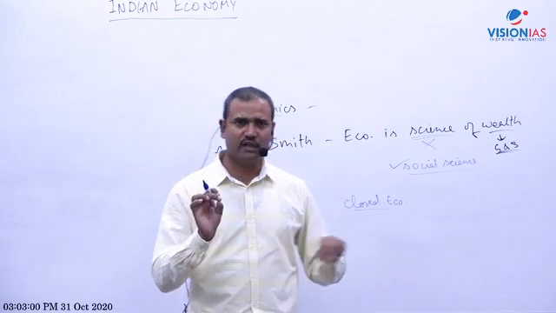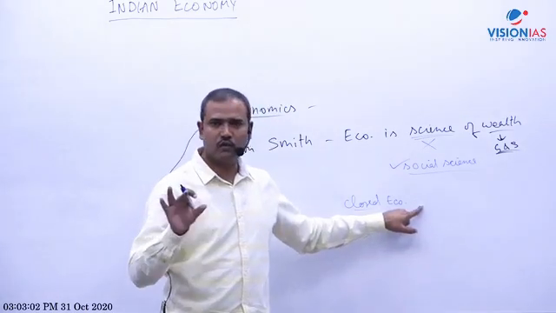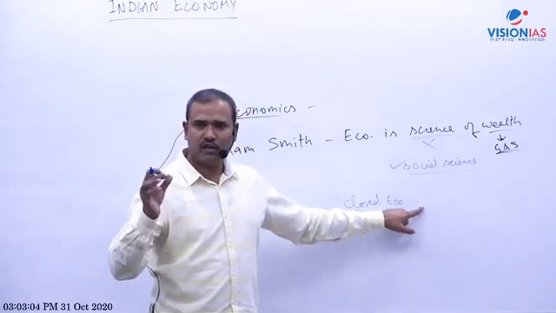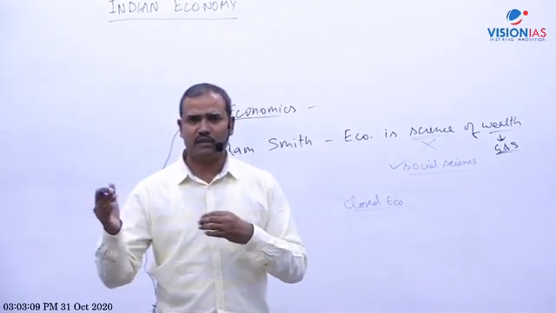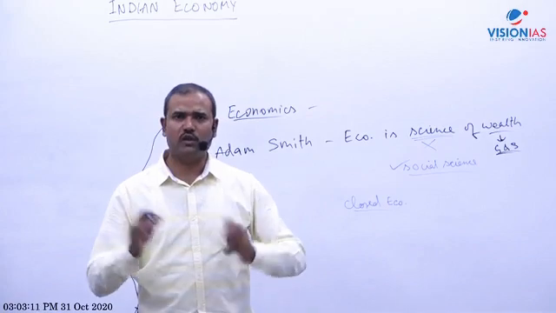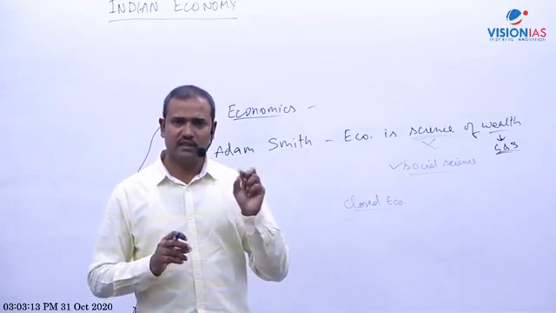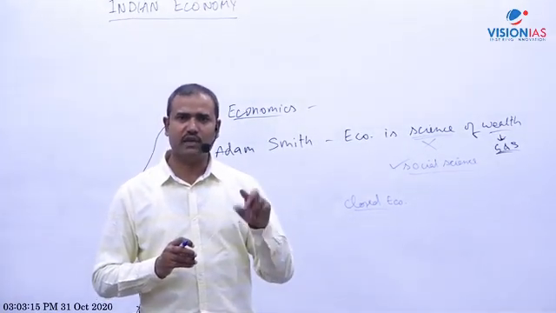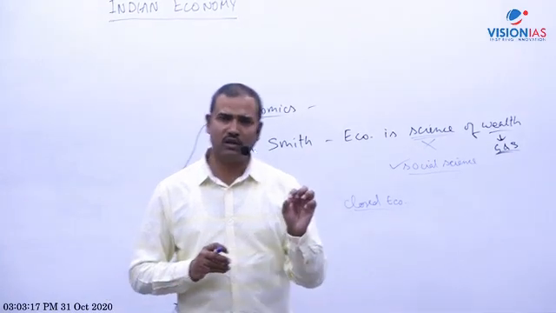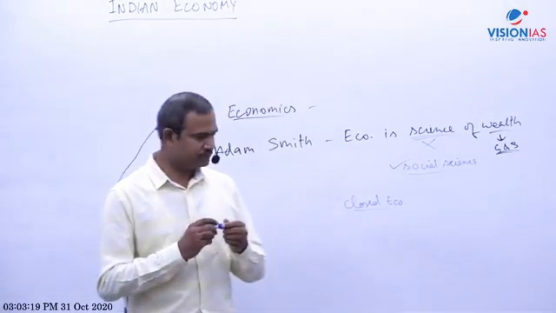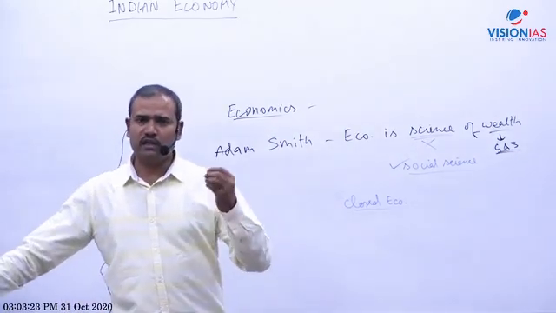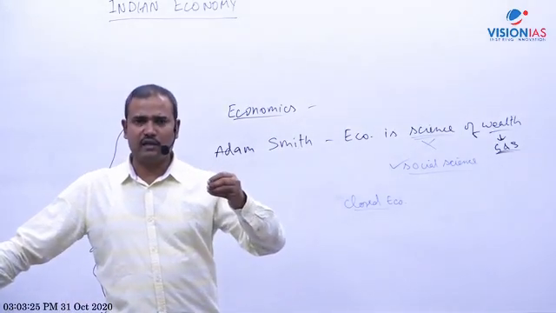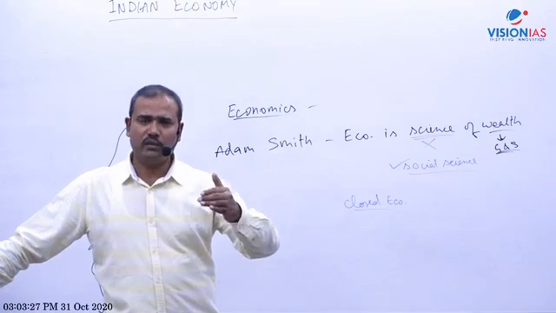So the theoretical definition is that a closed economy has no economic relations with the rest of the world. Practically, if a country does less trade and receives less investment from abroad, meaning less economic relation, we still call it a closed economy. Since economics is a social science, practical definitions are used in a more flexible manner. For example, it is written in books that India was a closed economy in the pre-reform era.